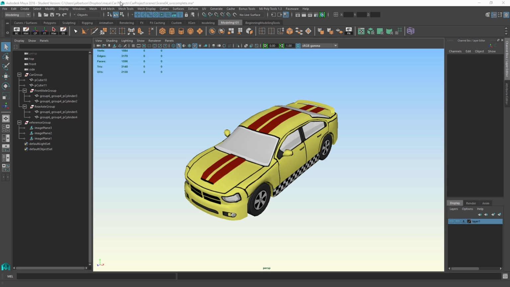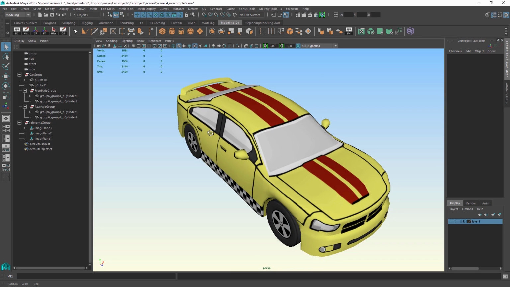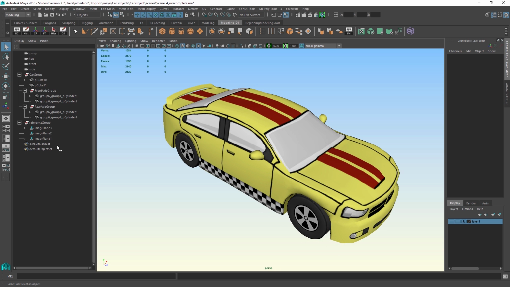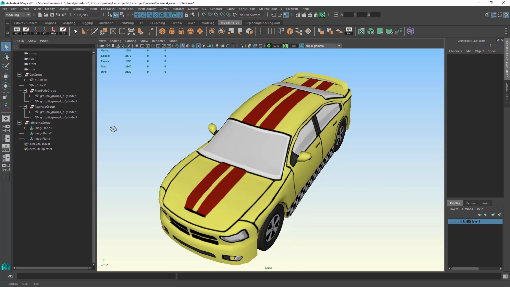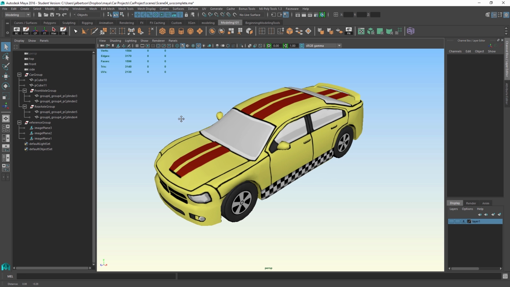Before we move on to talking about lighting or rendering, I just want to make sure that you have a solid understanding of what I mean when I talk about grouping and hierarchies. I've been mentioning those terms without really explaining them. So in my outliner here, I've got an example of what a cleaned up hierarchy would look like, so that when you actually get around to animating, things are a little bit easier to